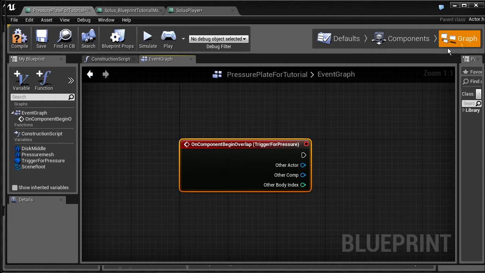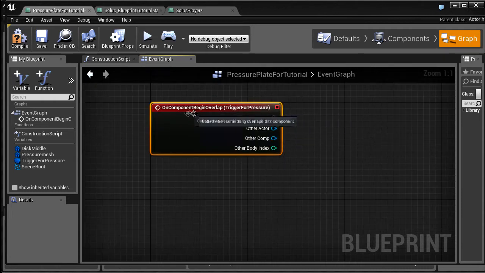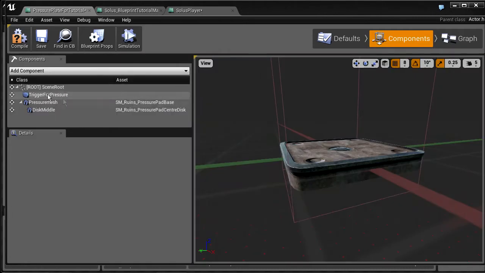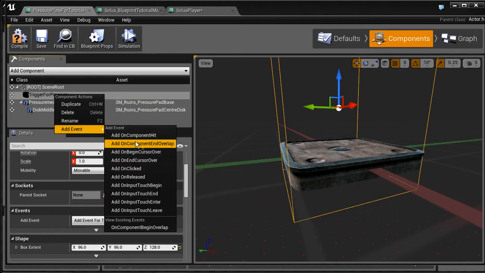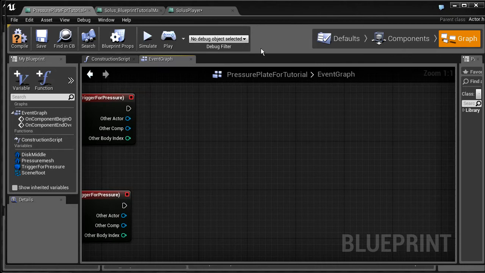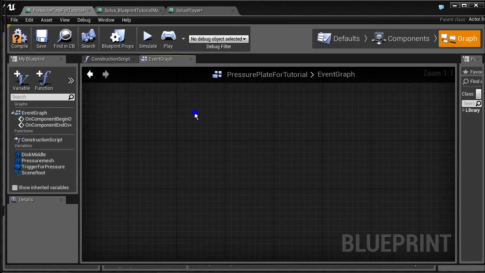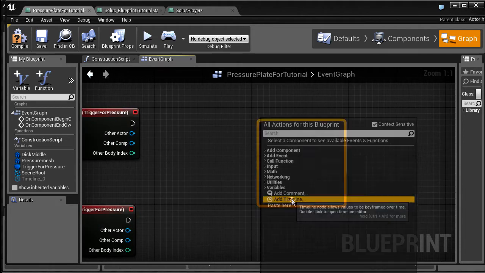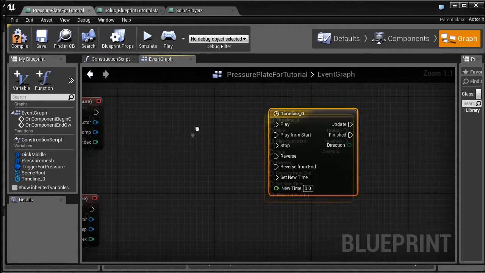So I'll add that. That instantly goes back to the graph and adds this one. You can see it's a begin overlap for trigger pressure. I'll do the same again then for the end overlap. There we go. Then I need to set up the basic motion, so the downwards movement, and the little disc on top should spin. So I'm going to quickly do that first. This is very similar to what we've done before. So a timeline,